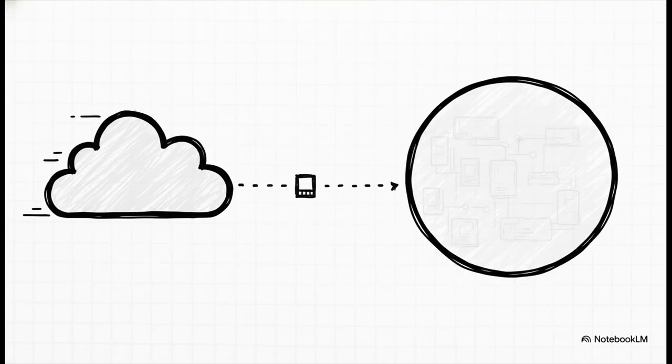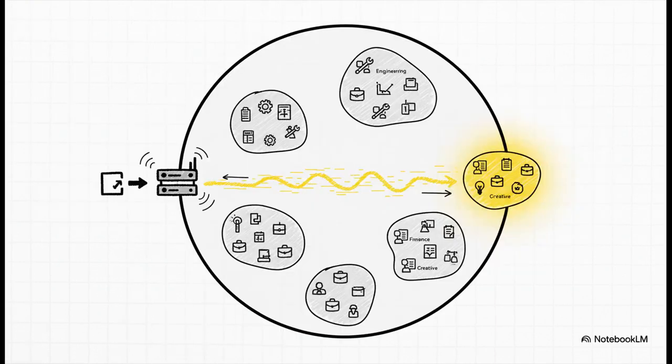Yep, as far as any computer on the global internet is concerned, it's just sending a packet of data to a single large destination. Like our 137.207.0.0 example, it delivers the mail to the main post office for the entire city, and that's it. Its job is done. It doesn't know, and it doesn't need to know about all the little neighborhoods inside. But the moment that packet arrives, the organization's internal routers spring into action. They act just like local post offices. Using that subnet mask as their guide, they read the neighborhood part of the address and deliver the packet to the right subnet, whether that's the engineering department, the student dorms, or the library.